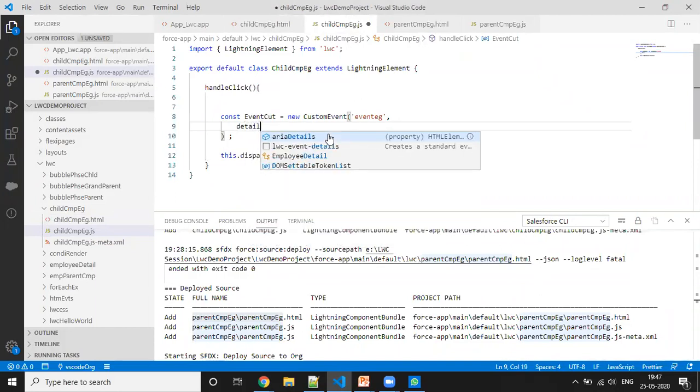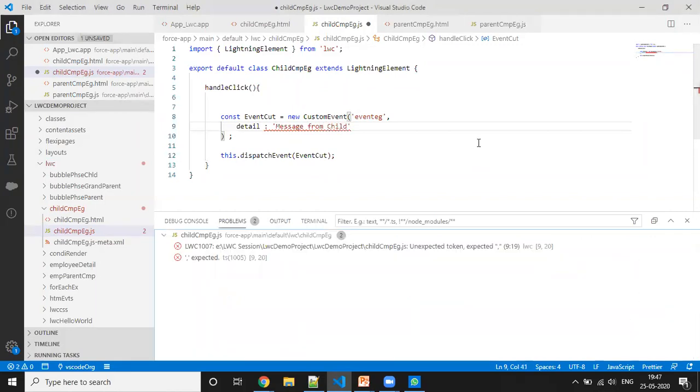Okay, and we can pass some value. For now, I'm just passing a simple value, like we can say, just message from child. Okay, so I'm doing this here.